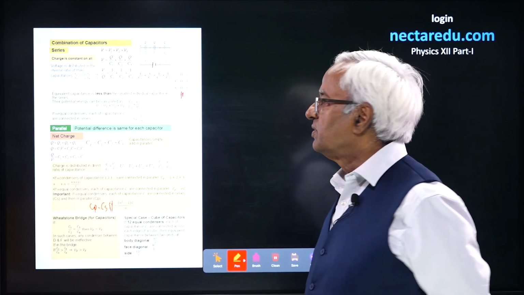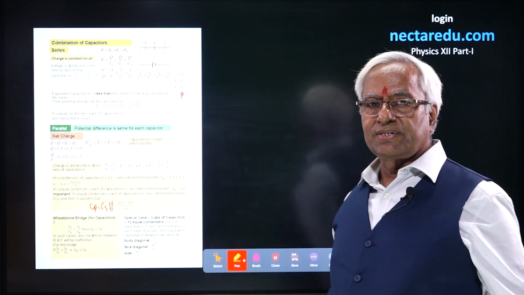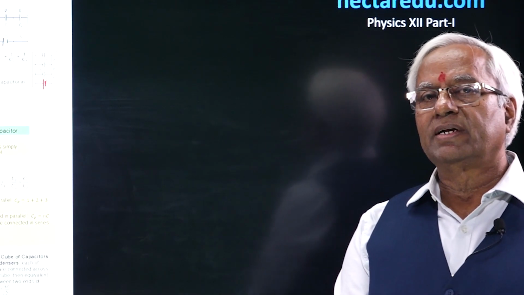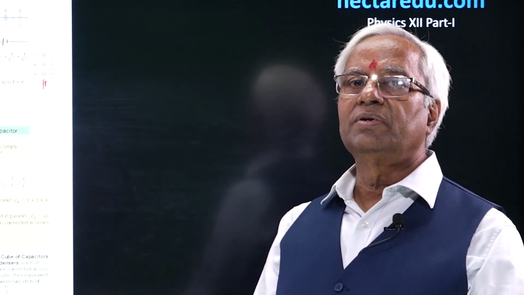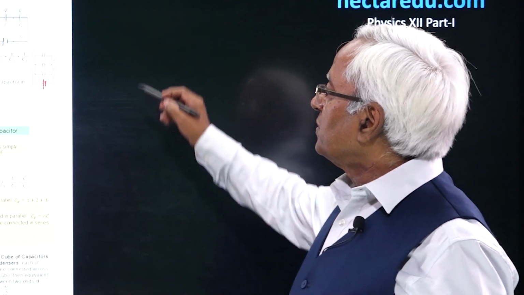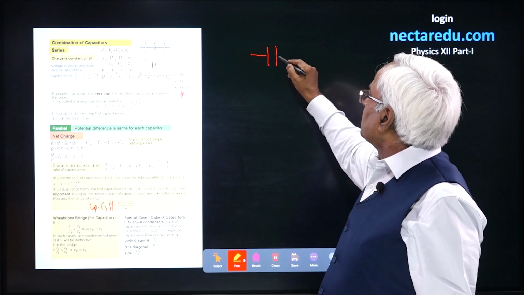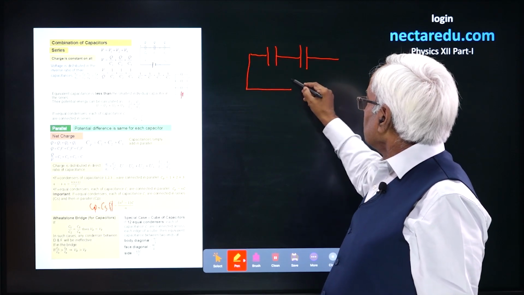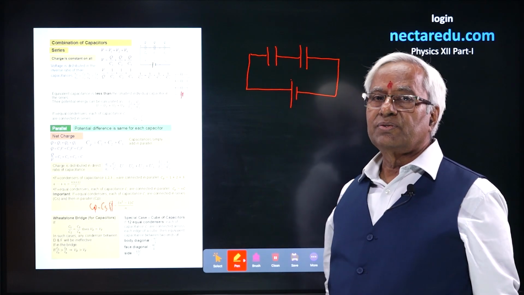Combination of condensers. Condensers might be connected just like resistances or the springs. Condensers also could be connected in series, parallel, or even mixed. First of all, we'll consider the series combination in which the condensers are connected one by one in such a